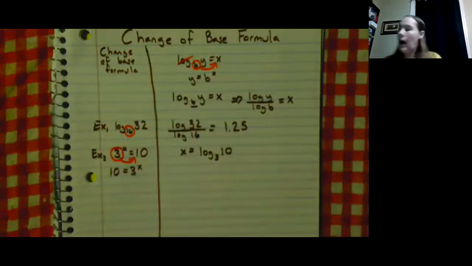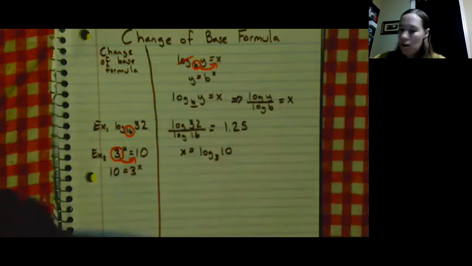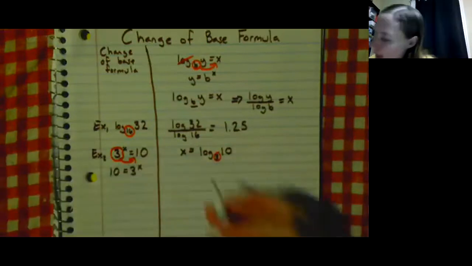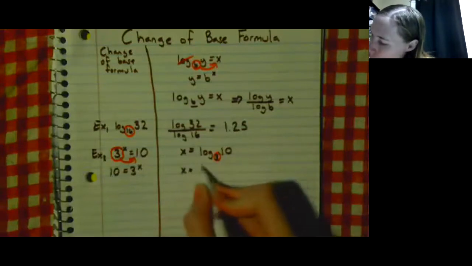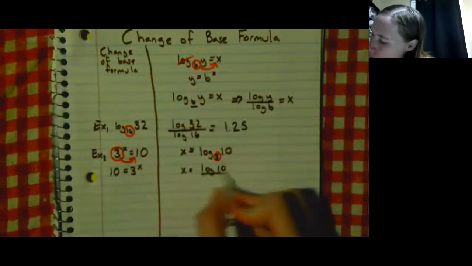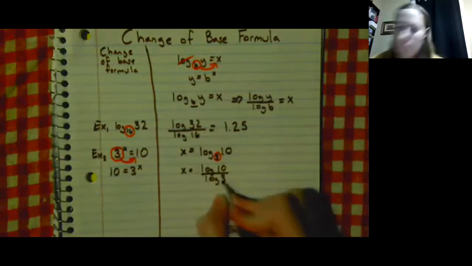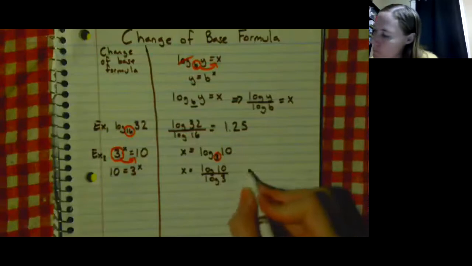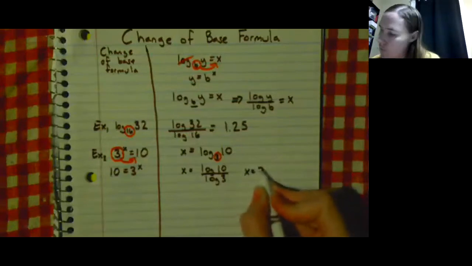Now I use change of base. My base is 3. I already learned that from over here. So I'm going to have x equals log 10 divided by log 3. I put that into my calculator, or I literally just Google, if Google's not down, log 10 divided by log 3. Or you can use your Desmos calculator and put in log 10 divided by log 3, and it'll give you x equals